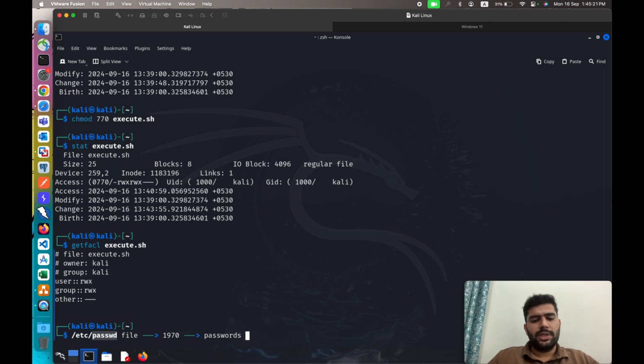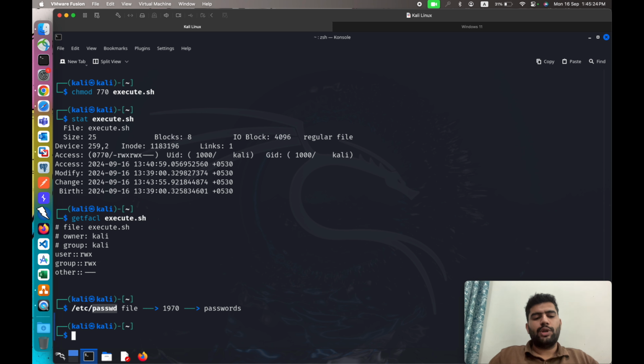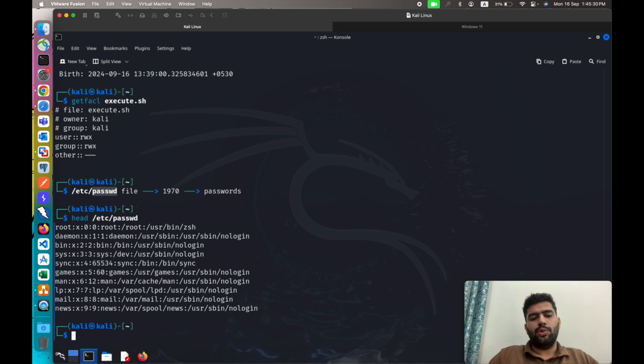So this file has multiple entries. Let me just show you the entries first so you can better relate. I'm just going with the head command, head /etc/passwd, and we can see a few entries here. Now if you see, we got the username here, like root is a user, we know that. The second entry, between these two colons, is x. For all the Linux distributions after 1995, or 1992 if you go with the actual date of the official use of this /etc/passwd file and the shadow file as well,